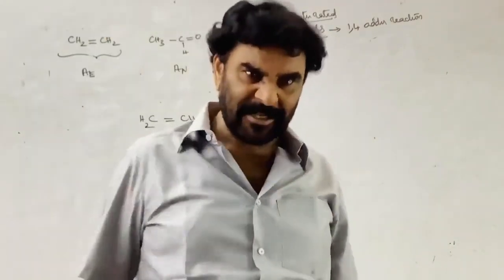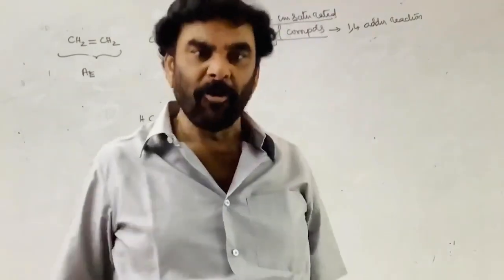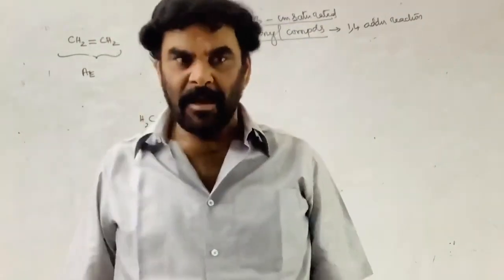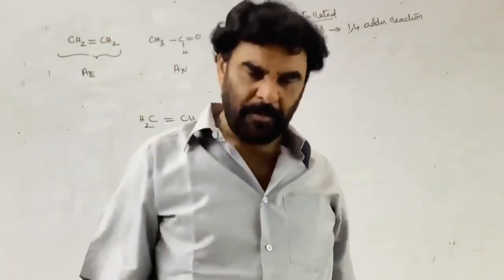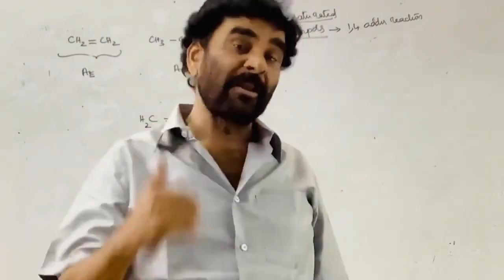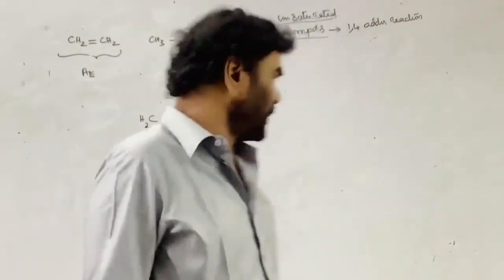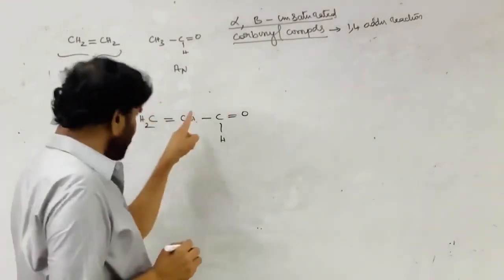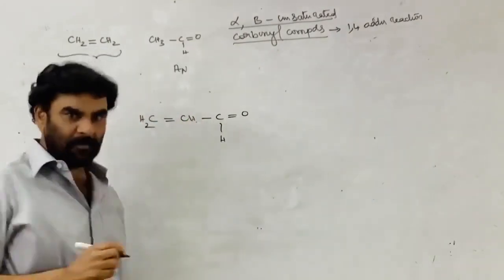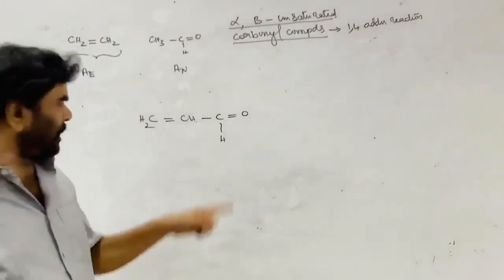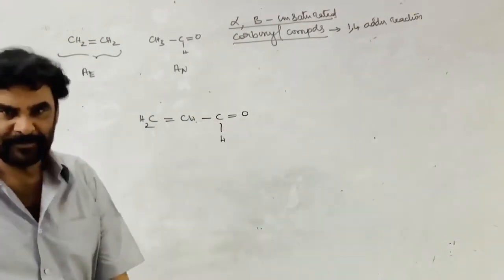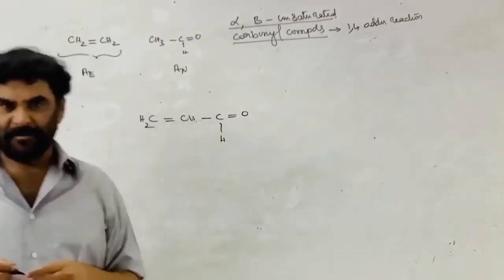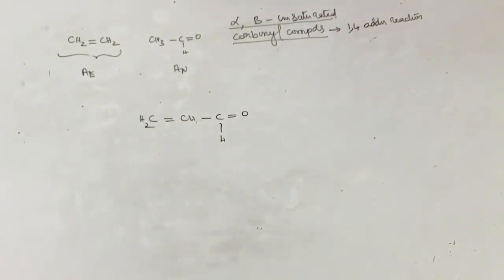As far as chemical reactions are concerned, non-bonding electrons, lone pairs of electrons, are more reactive than the second one, the pi electrons. The pi electrons of the carbon-carbon double bond are more reactive than the carbon-carbon triple bond. Therefore, this is a pi center, this is a pi center. It is a carbonyl compound, a higher priority functional group, the carbonyl functional group. This is the unsaturated center, the carbon-carbon double bond center.